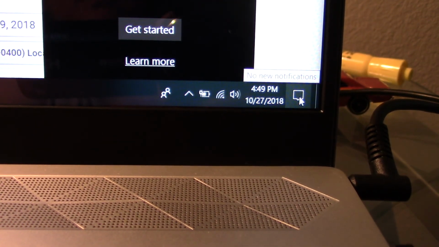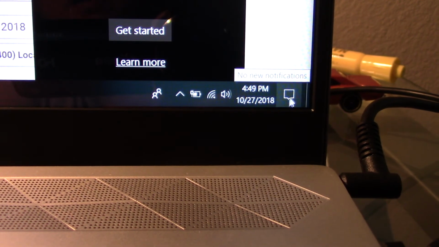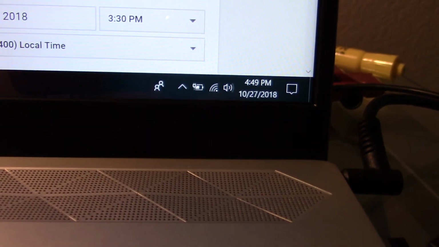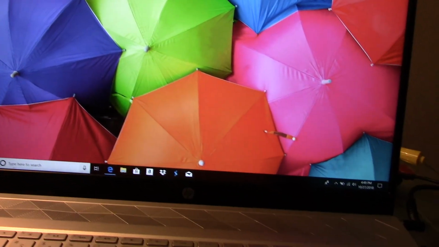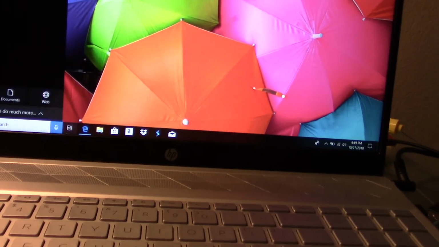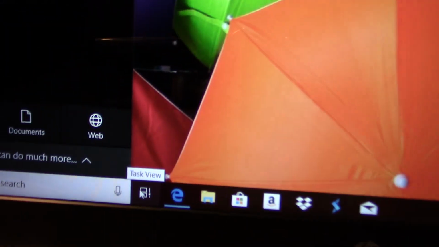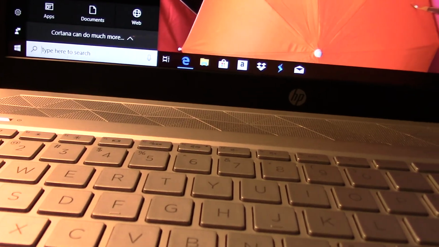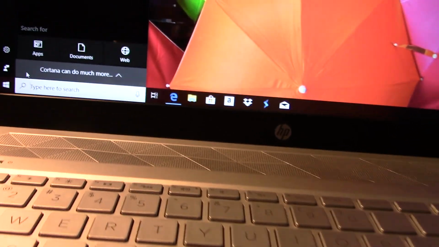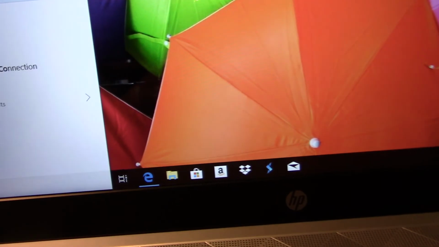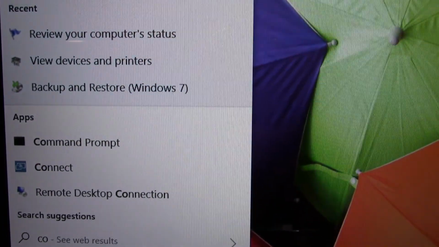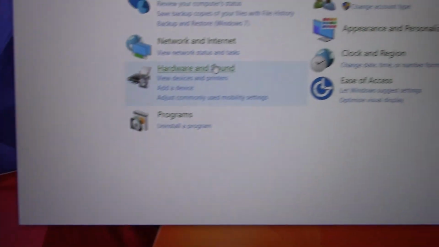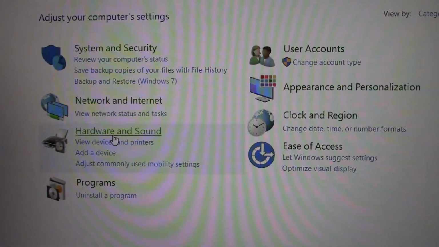And this is notification. Okay, that's all about this computer. And once again, if you want to find the control panel, you don't see it so far. You just type control panel here, and it pulls up the search result for you, and I click control panel, and here it shows